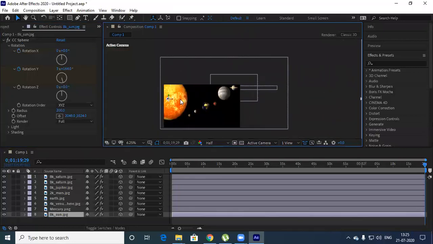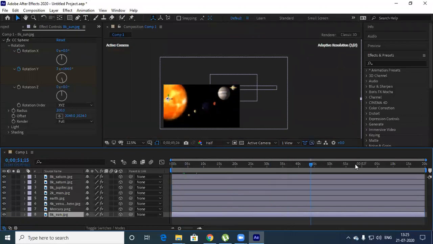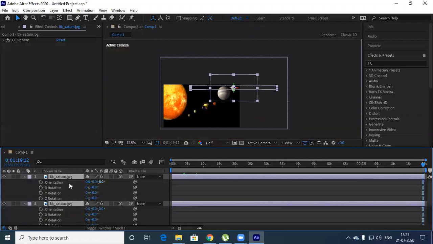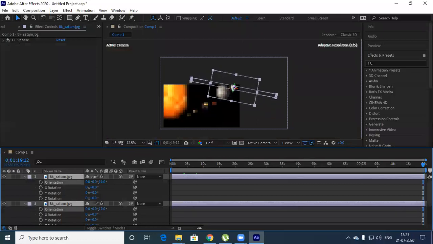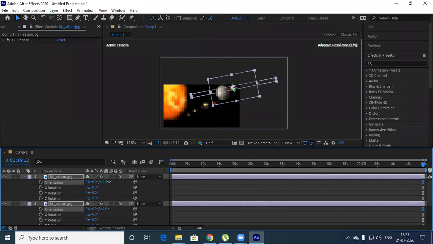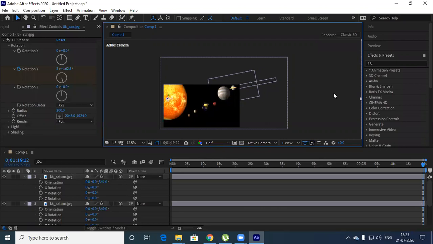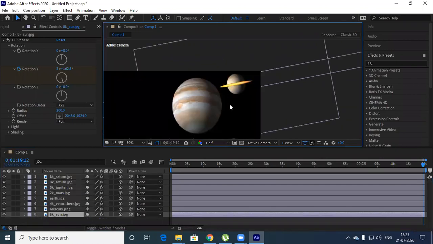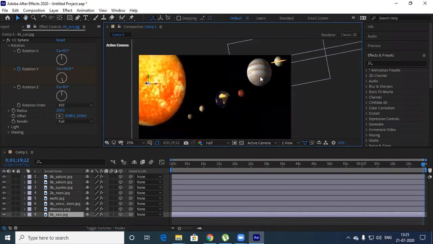Okay, let me just rotate this in such a way that X, Y. Like this. Okay, see? It's not exactly horizontal, so I made a bit of change. Understood? Any doubt is there?